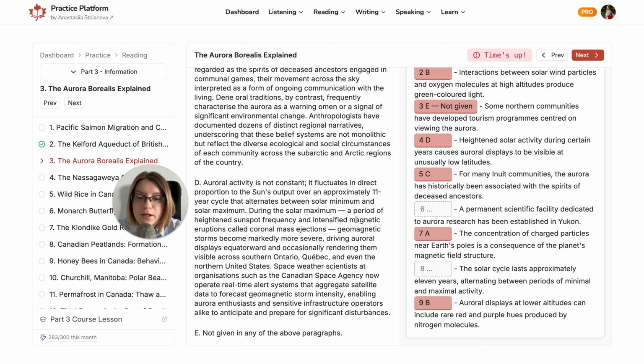So first of all, let's find, was there anything about heightened solar activities? Exactly, it was a little bit of a paraphrase here. During the solar maximum, it said. And it explains what it means: period of heightened sunspot frequency, intensified magnetic eruptions, and so on. And then we have